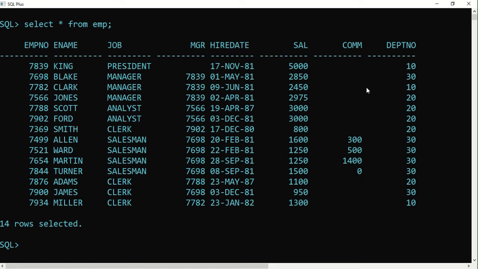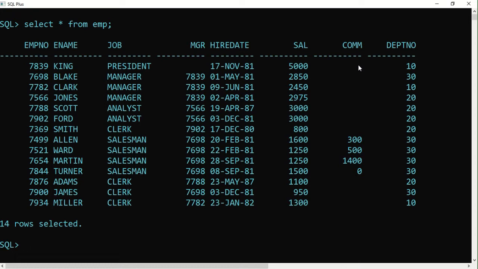Now today we are interested in a special column, that is the commission column. Here in this column there are some blanks, not exactly blanks, we call it nothing, or in Oracle we call it null. So we are going to list those employees in the EMP table who are not receiving commission. Not receiving commission means whose value in the commission is null or nothing. So list for null.